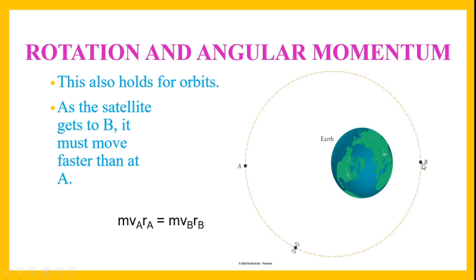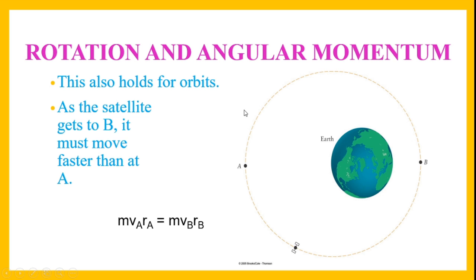So let us say one satellite is moving around Earth. As the satellite is reaching point B, what happens? If you observe, from the center of the earth to point A the radius is more, but from the center of earth to point B the radius is less when compared to the first case. Because the radius has decreased, according to the law of conservation of angular momentum, its angular velocity should increase. So while it is reaching point B, at this position the satellite moves with a higher speed.